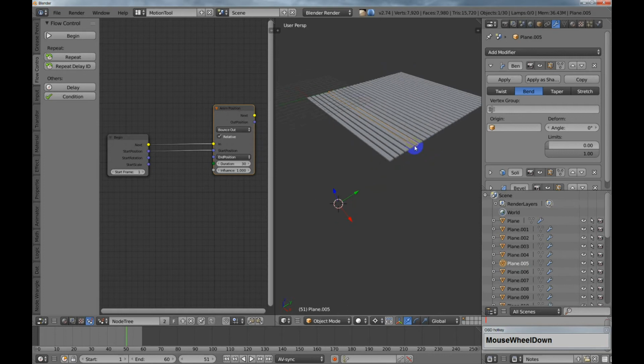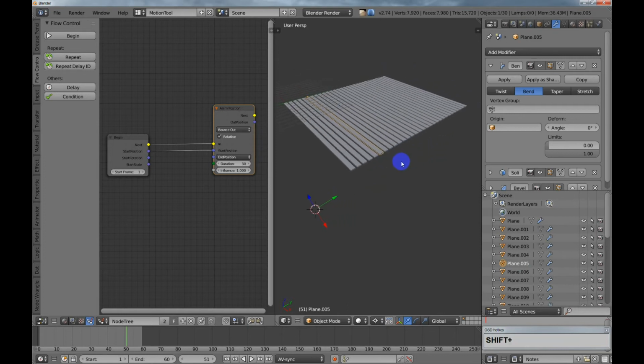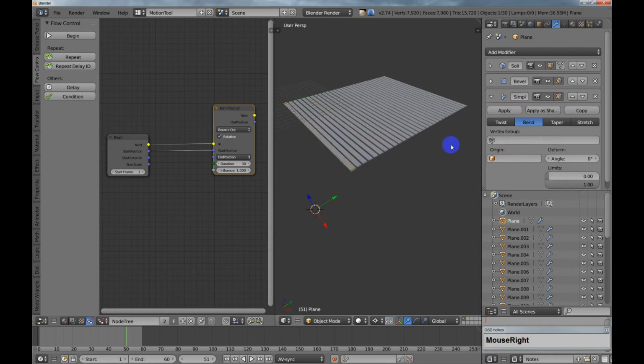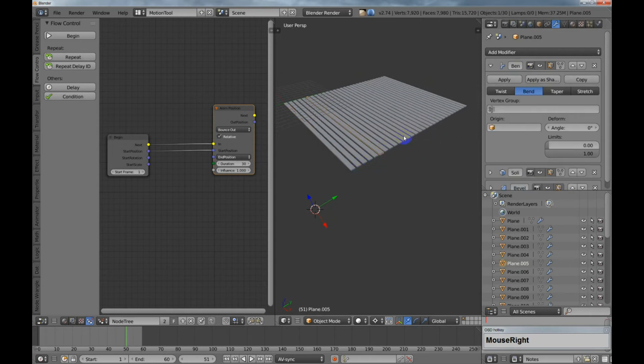It's kind of a weird way to do it, but that's all right. I can still show you what I want to show you. If I click on all these other things, you can see that the bend modifier is at the bottom of the stack. It's not named the same. So the question is, how do I get all these other ones to share the same modifiers as this one? So what I'm going to do is hit A to select everything, and then just